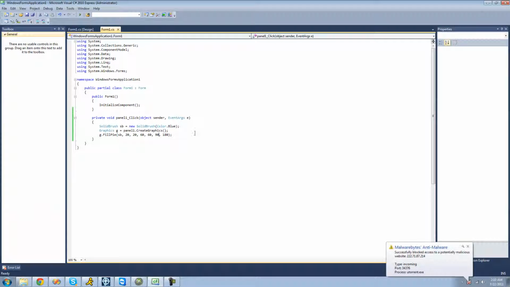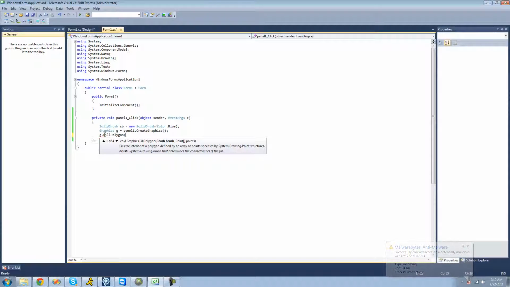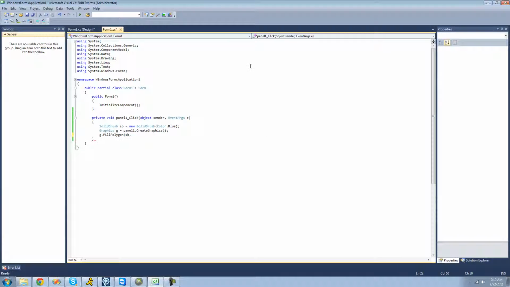And the next thing that we're going to be drawing is a polygon. And a polygon calls for, well, obviously a brush, so SB, and it also calls for points. And these points will be where it will start. So we would have to make 3 points for a triangle, so like one up here, one down here, and one over here. So we're going to have to create an array of points. So we're just going to say Point[] points, and we're just going to create some new points here. I'll just do 3, so new Point,